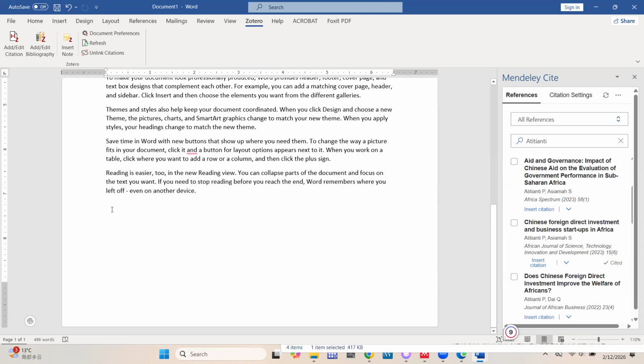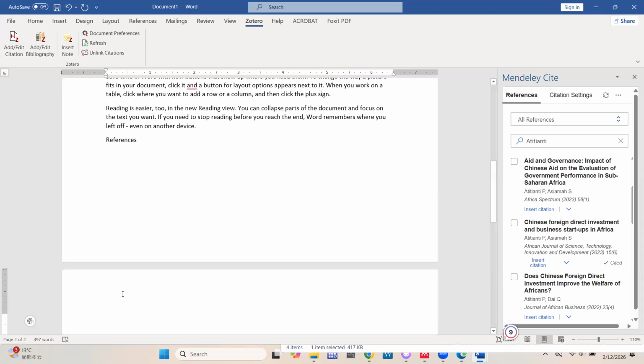So if I insert my cursor, for example, here, and I put references, and then I insert my bibliography here using Mendeley, Mendeley will write all the citations I did using Mendeley, A to Z. Then it means after that, I'll have to come and insert my cursor at the bottom of where Mendeley ended and insert using what? Zotero. And that will also create its own list. And then if I want to order them, I have to do adjustments and stuff. So it means it will be giving you a lot of work. So it's better to stick with one.